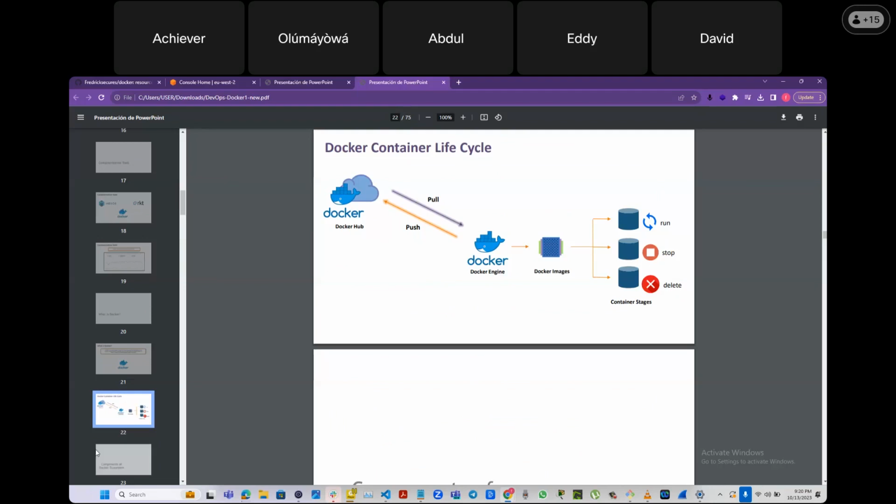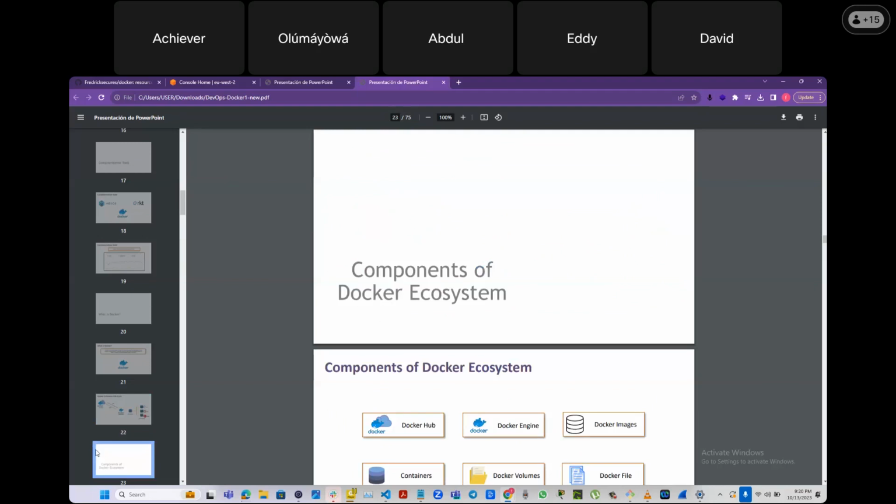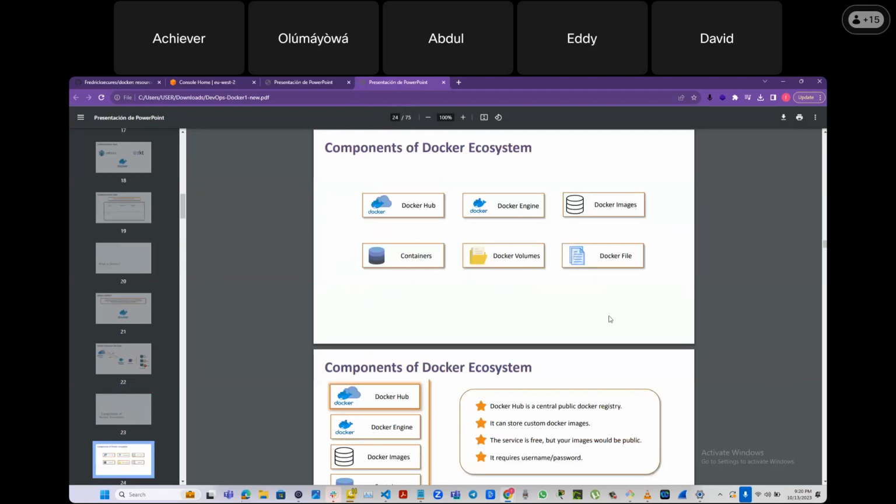Now, because everybody on this call was in the last class, and I want to believe you understand, what we have here is components of the Docker ecosystem. So a lot of times you'll be hearing words like Docker Hub, Docker Engine, Docker images, containers, Docker volumes, and Dockerfile. Okay. Now, friends, if you ever want to gain mastery, let me not use the word mastery, but if you want to grow as a DevOps engineer,